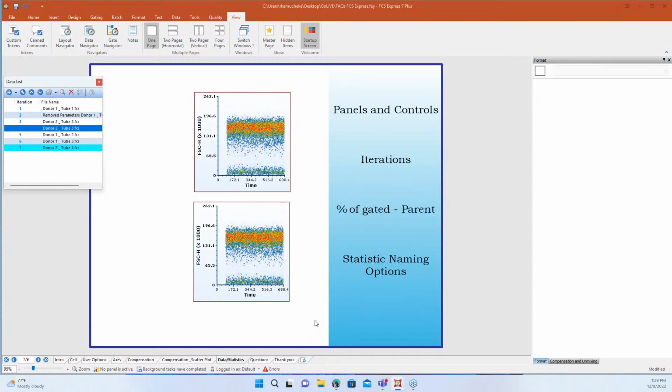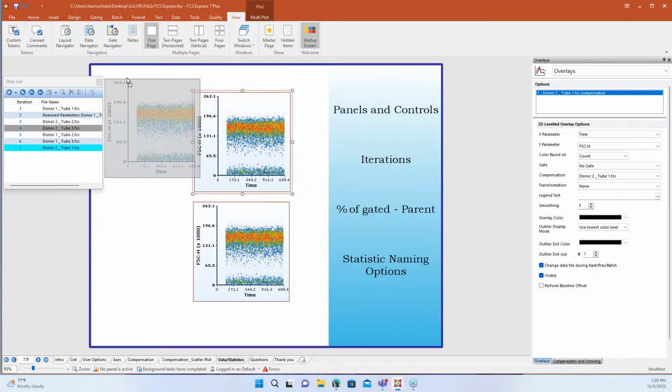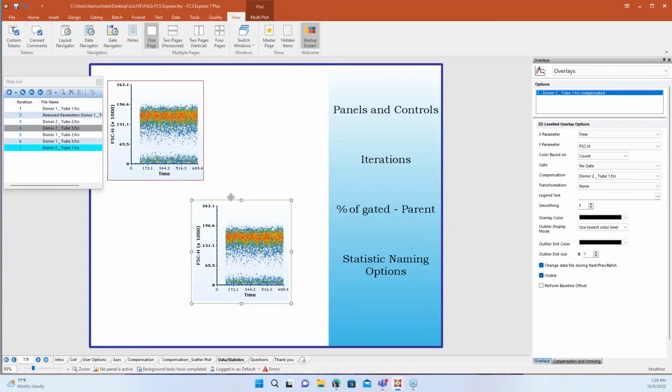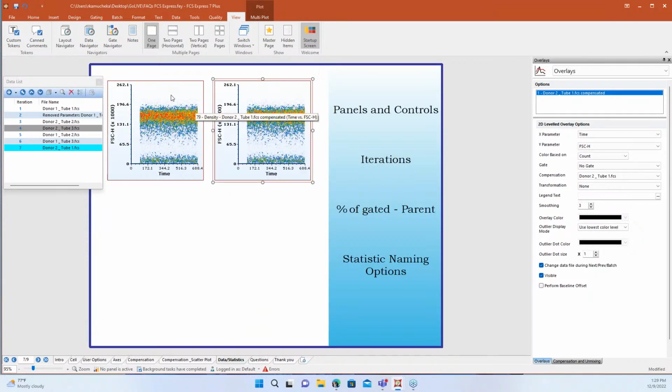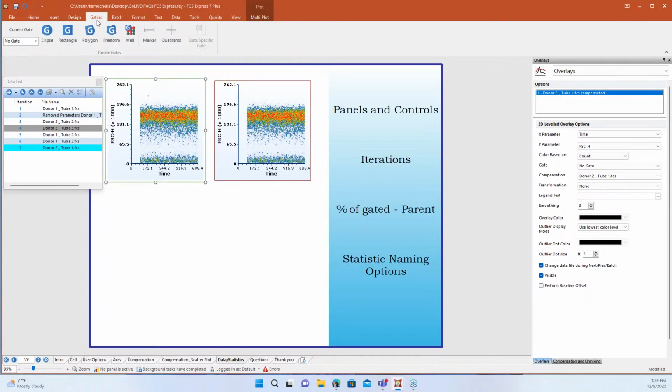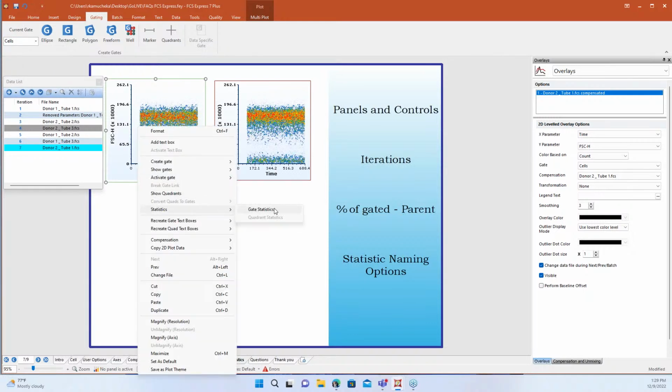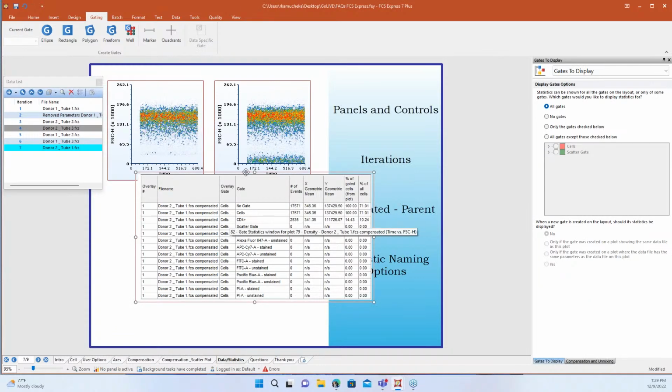Now, another question that I've seen twice this week, I don't know if it's just statistics week, is about percent of gated. So FCS Express does handle statistics a little bit differently. Whenever we display a population or a gate on a given plot, so if I go here to my gating tab and throw on my cells gate, for instance, if I create other gates downstream, when I right click to do gate statistics, I will see the relationship.